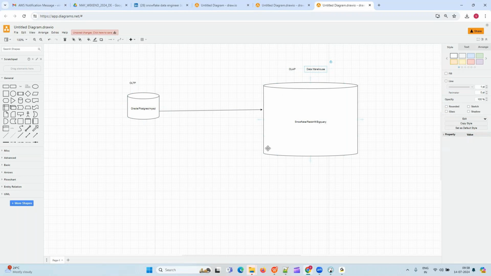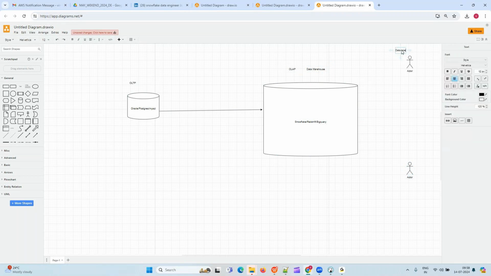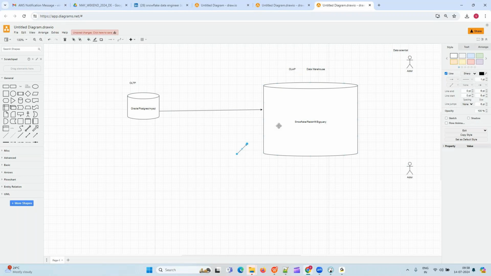But what is the purpose of storing this data here? There are a couple of people who are going to use this historical data. One is the data scientist. In the Amazon use case, you are getting that recommendation, right? If you buy this product and this product together, you'll get this discount. How are they deriving that? The data scientists are going to run a lot of algorithms on your historical, old data, and they are going to come up with that recommendation. So the data scientist is the one who uses this historical data.